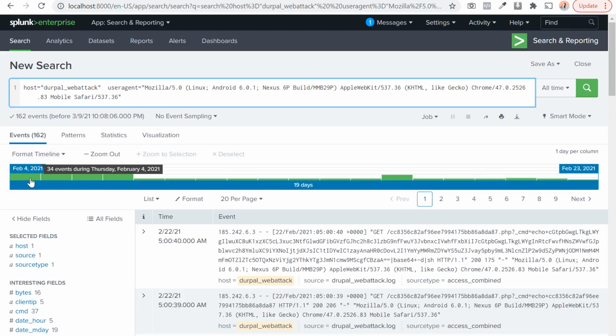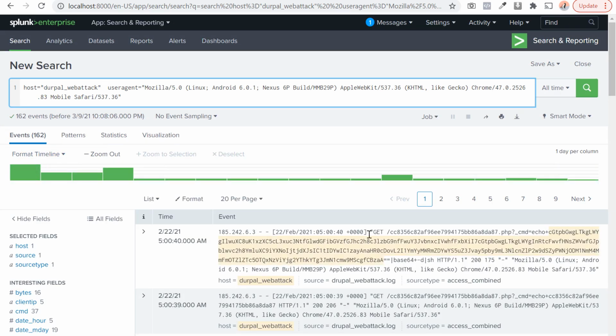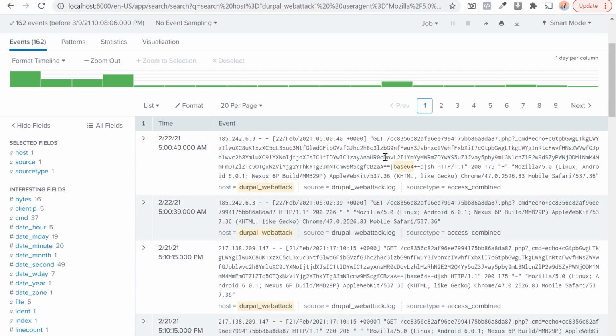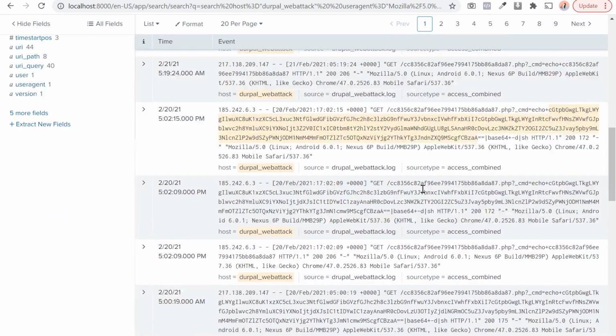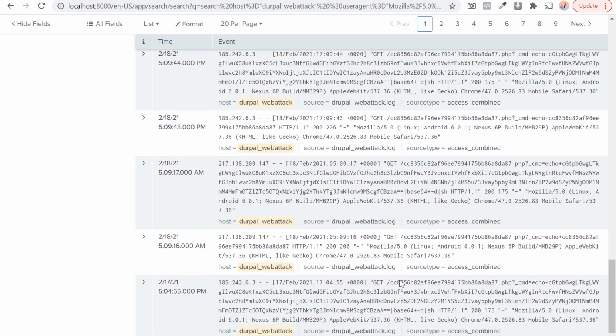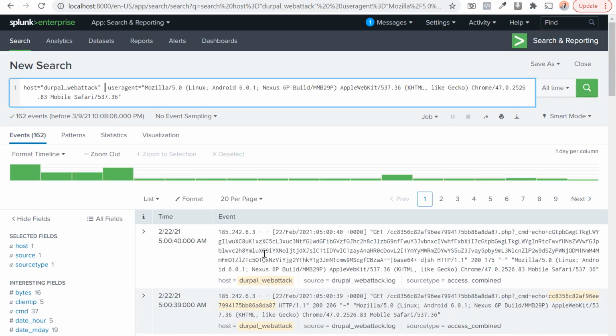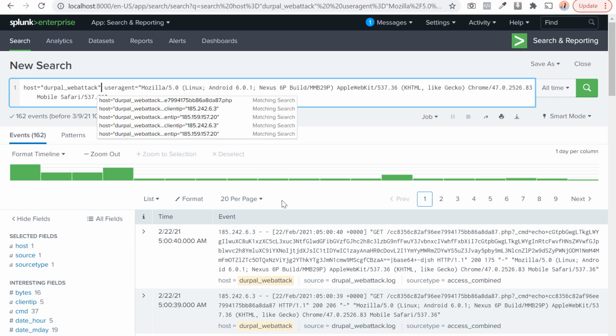And you can see here the first time it appeared was on the 4th of February, and it has appeared as well with this PHP request, with a request to this suspicious PHP file. And we see that's happening along the way. So what else can we do? Well,